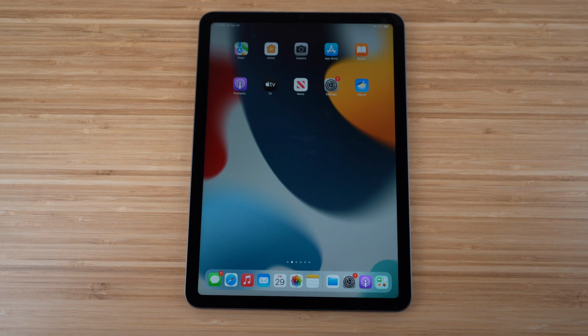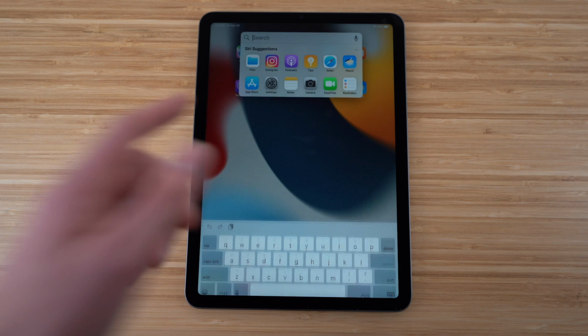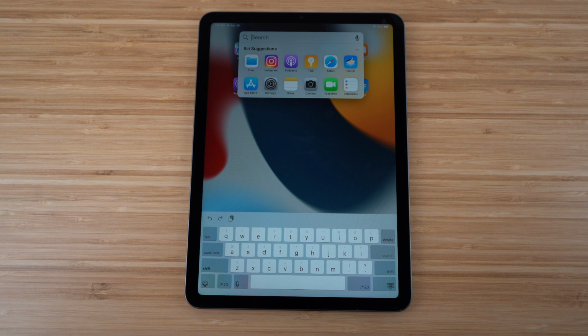So in addition to the app library, which is located down here, if you want to find your apps not by scrolling and searching, to make it easier, there's also a different way you can access them, and that's through Siri suggestions, which is super easy to locate. All you have to do is just kind of pull down on your iPad like that. Siri search suggestions are going to pop up, and these are all the apps that you probably use the most